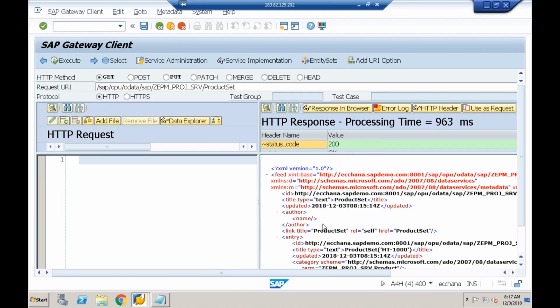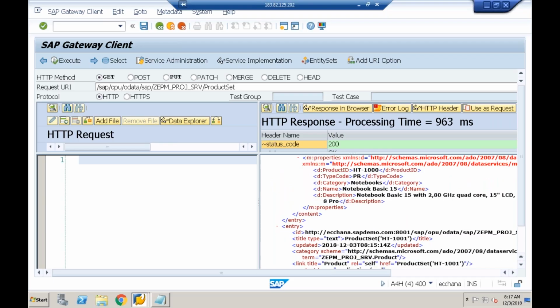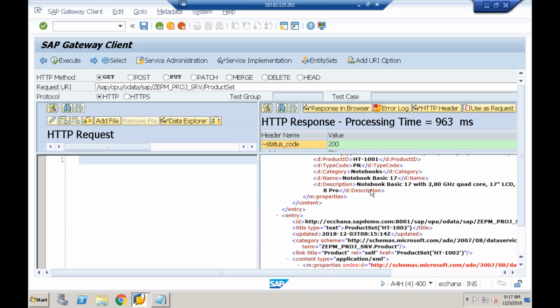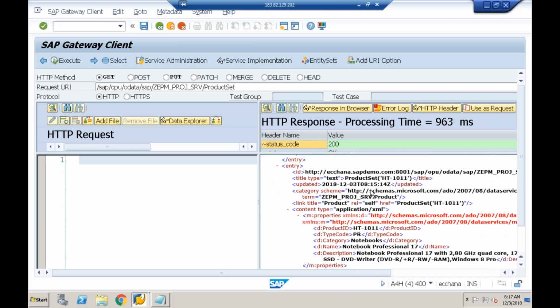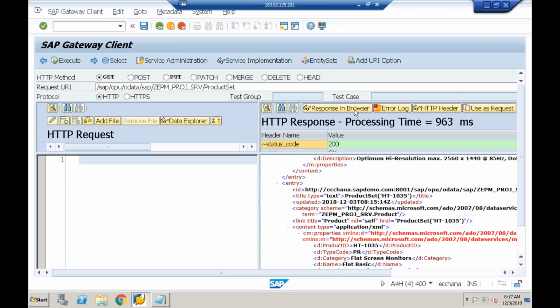When I execute, it will return me the multiple product details. You can see it has written multiple products. One of the products is HT-1000. Remember that. Like this, we have many products. This anyway is working. Now what I'll do here randomly in my service URL, in the parentheses, I'll say HT-1022. Execute this. I'm choosing the HTTP method as get. When I click on execute,